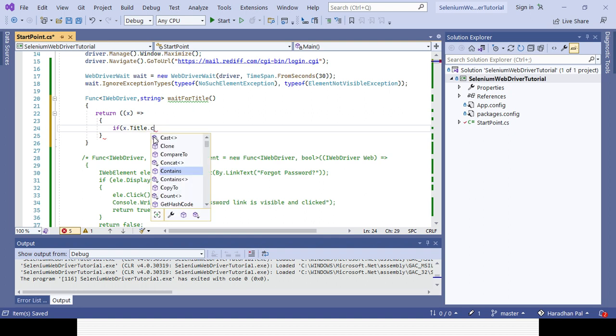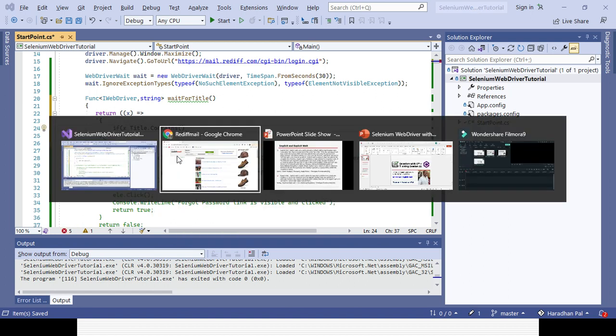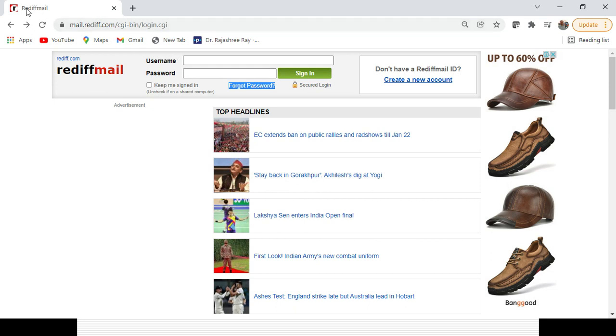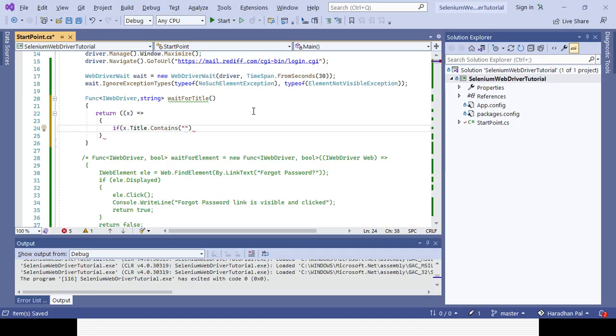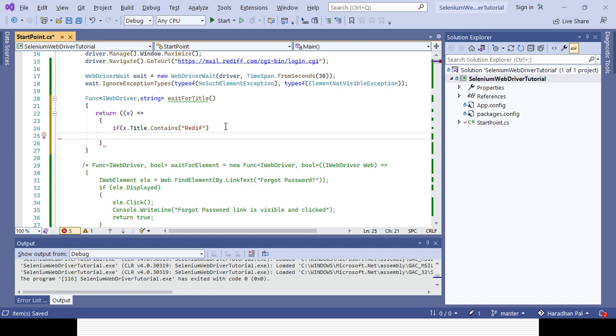dot contains, right? Whatever operation you want, suppose title contains. As and when you are opening the Rediff page, what is the title containing? Rediff mail. So I want to check whether the title contains Rediff mail. If you do not give the mail also, it will still work, but I want to check whether your word is containing Rediff, right? Then what will happen? Then it will return